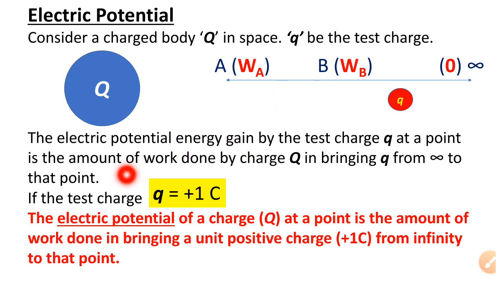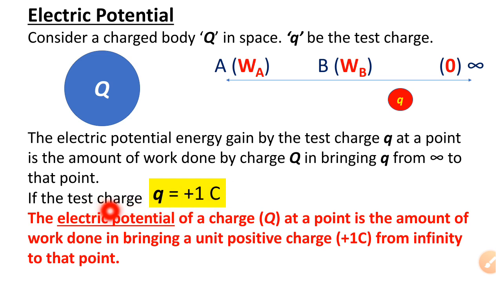is equal to the amount of work done, as given here. This work done is by the charge q. That means whatever the work is done, it is done in bringing this test charge to that particular point from infinity. Suppose the test charge q is taken as 1 coulomb, then we will say that this is the electric potential,